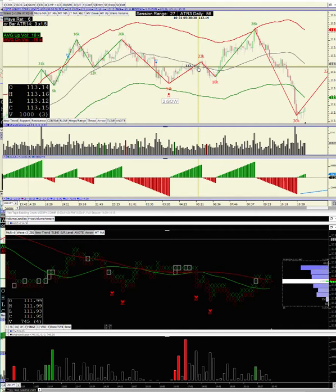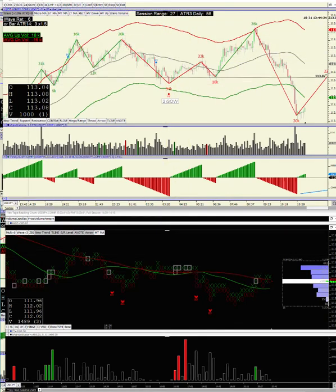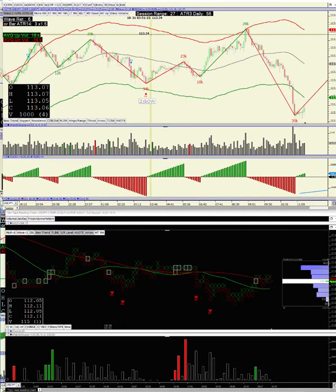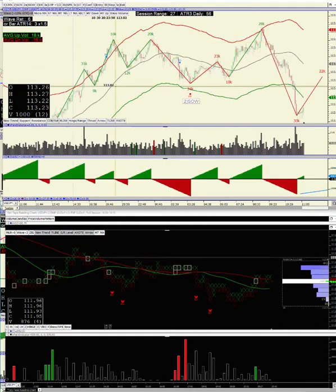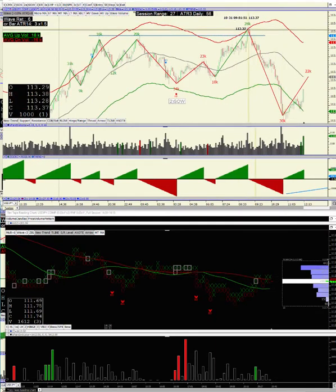trap the breakout traders. I have a theory on why they want to trap breakout traders. I think it's like an insurance policy. Because if they're trapped up there, then when price comes back, they're going to get out, creating selling pressure, taking the market lower, which is the intent of the campaign. So it serves as an insurance policy to at least get out or have some additional selling pressure in case price goes back up there. Just a thought. So anyway, you have your sign of weakness, and here is your